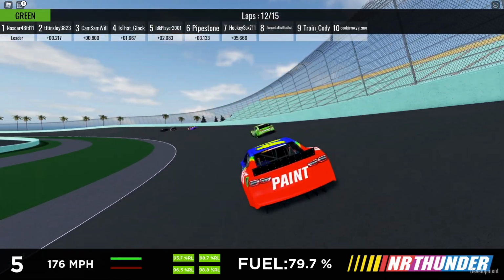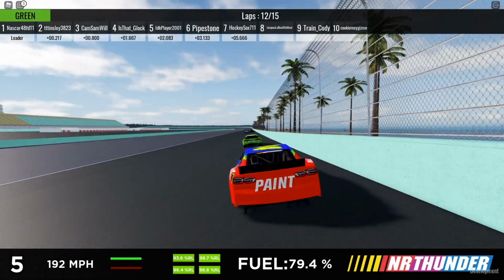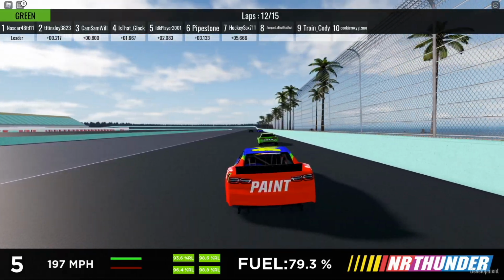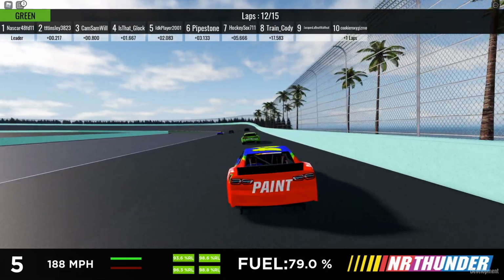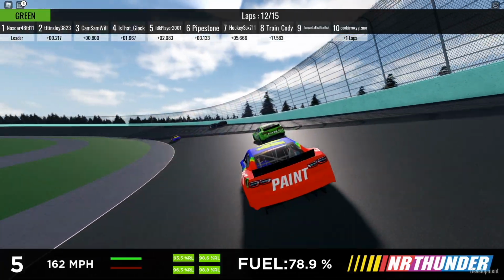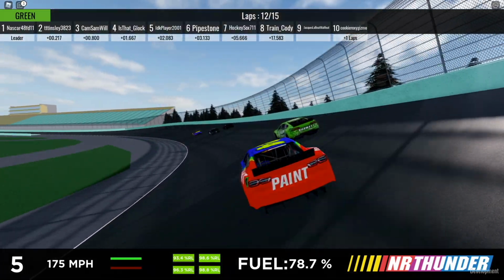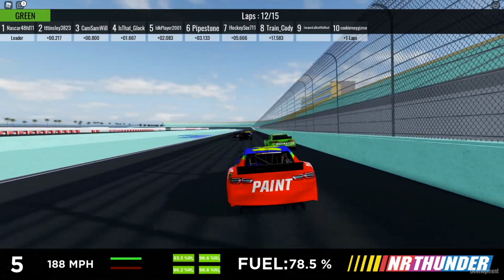Currently, the race lengths will depend on the track's category. Short tracks will be a 25-lap race, intermediates and speedways will both be a 15-lap race, and super speedways will be a 12-lap race. Now the race lengths are subject to change if the feedback comes back thinking that the races are too long or too short,